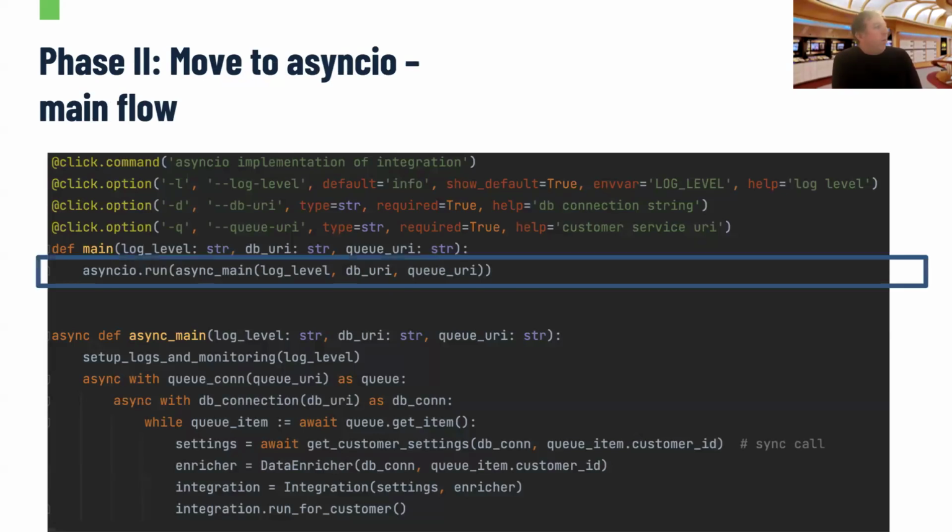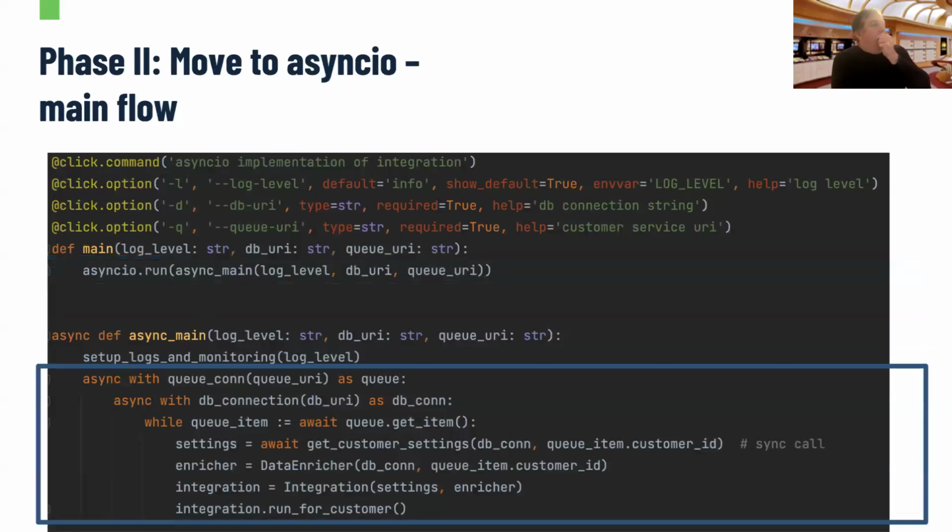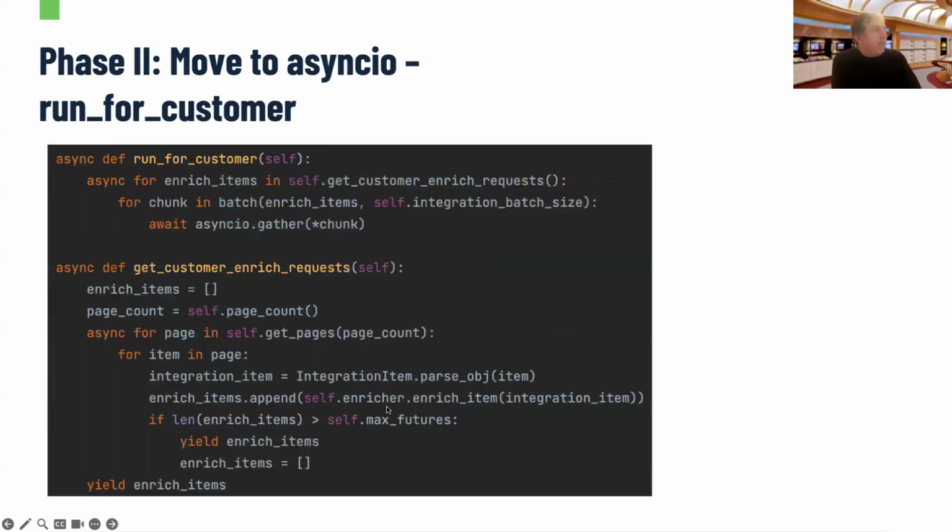So we create a coroutine and run it using asyncio.run. And this coroutine is very much similar to what we ran before, except that now when we look at what happens inside the run for customer, this looks a bit different.